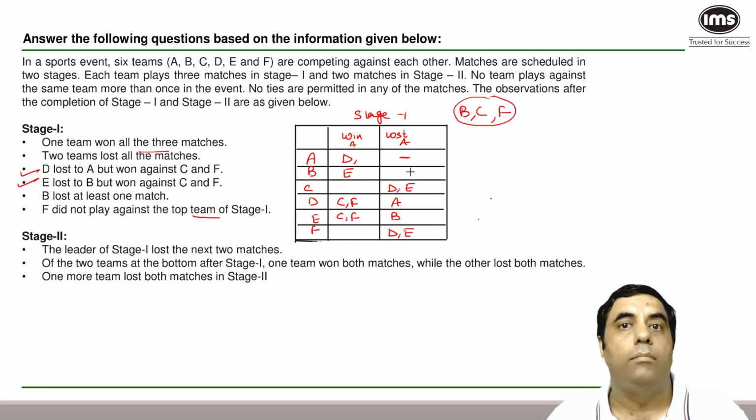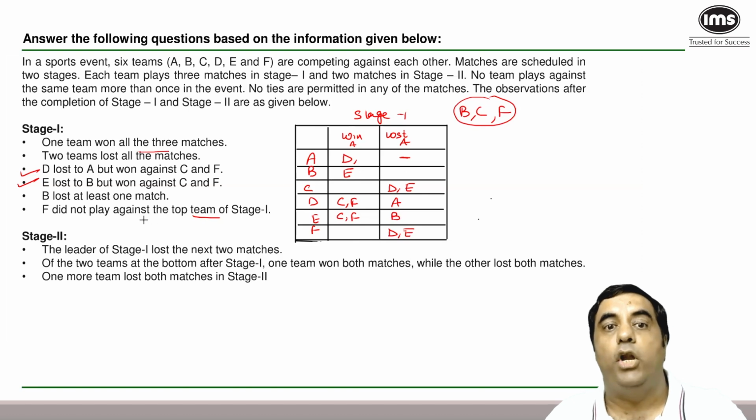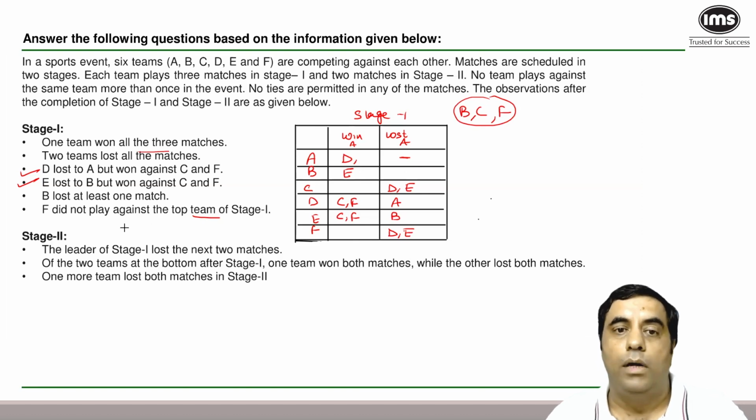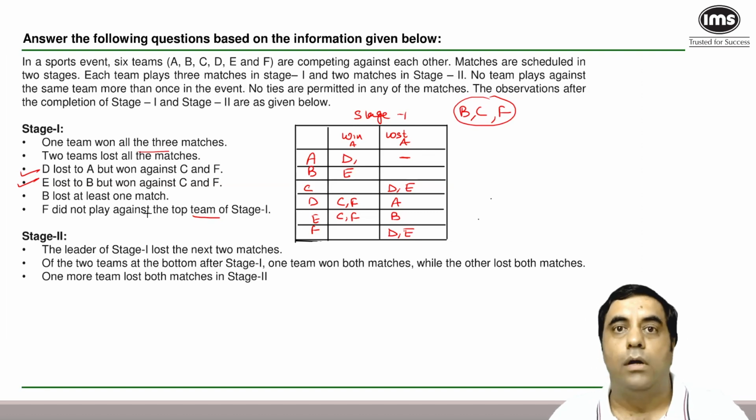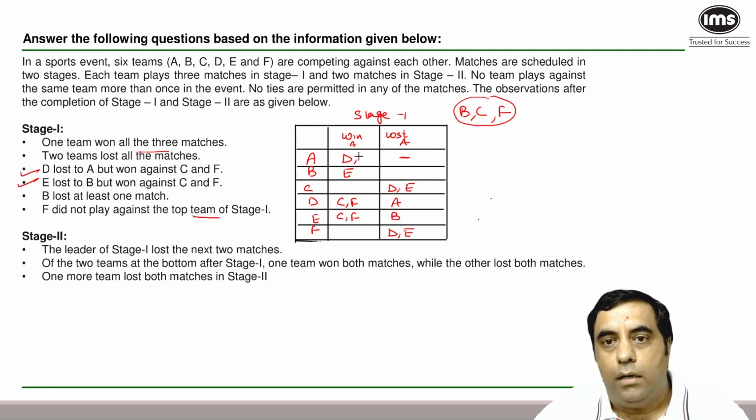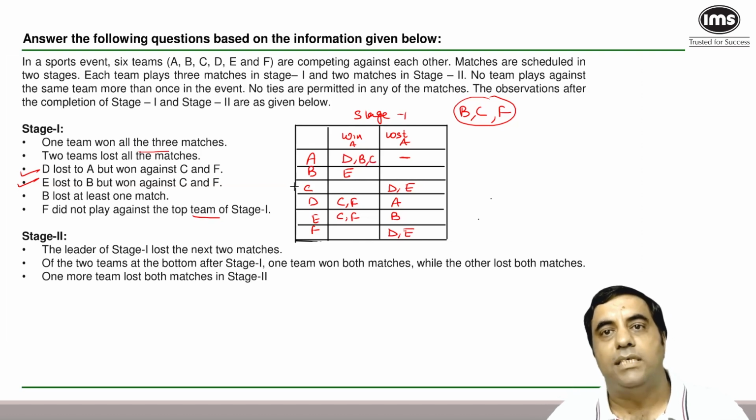And they have categorically mentioned in the last point that F did not play against the top team. So A, being the top team, cannot play against F in round 1. So therefore, A played against B and C,